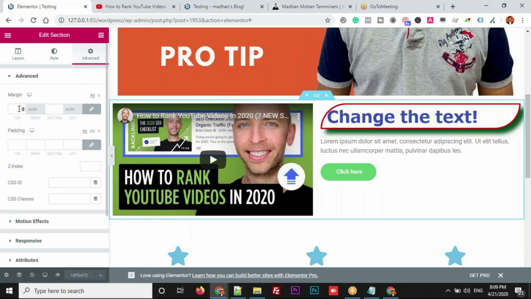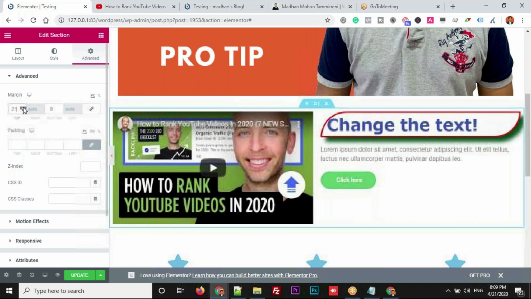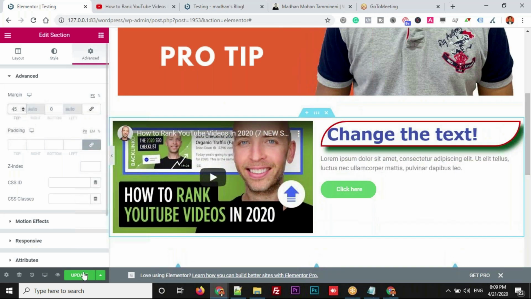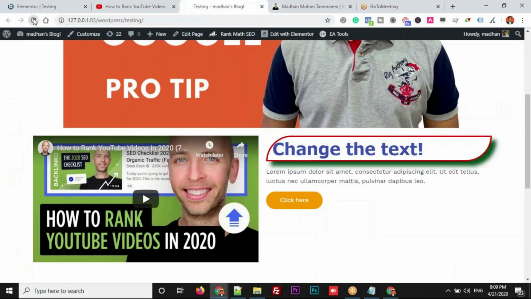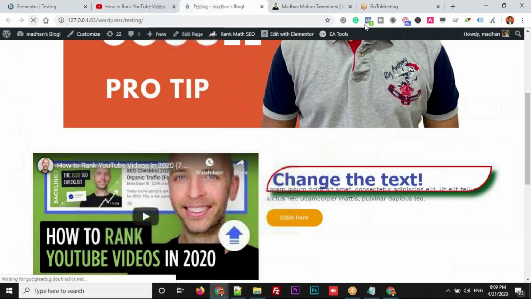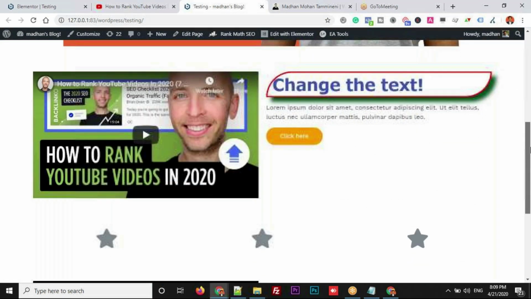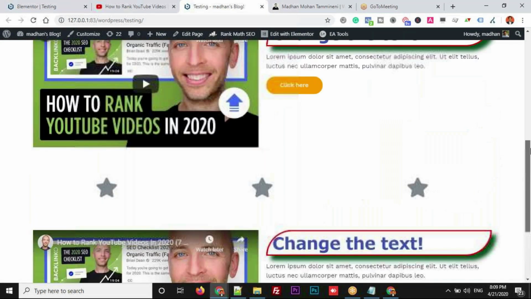This time I just want a space at the top. At the bottom there is a decent space available, so I don't want bottom space. So just unlink this, add space in the top. Update. Go here, refresh. This is how easy it is to create a page and add content into it.